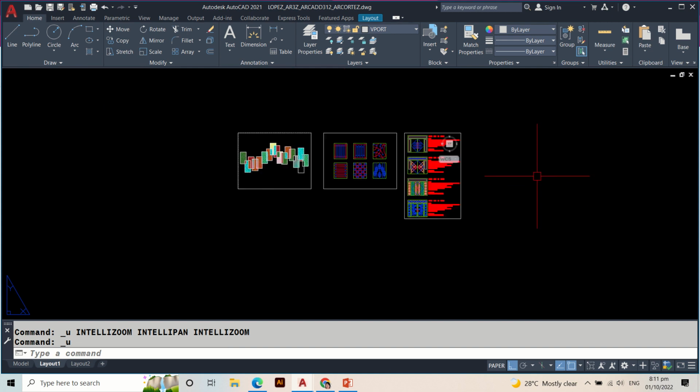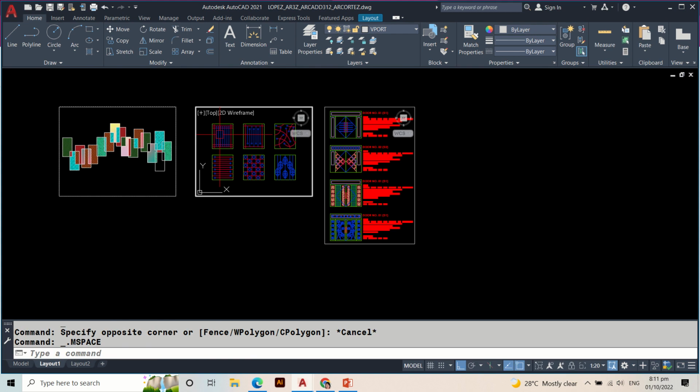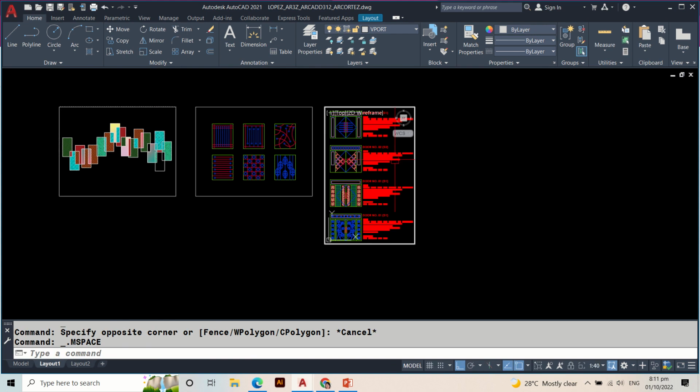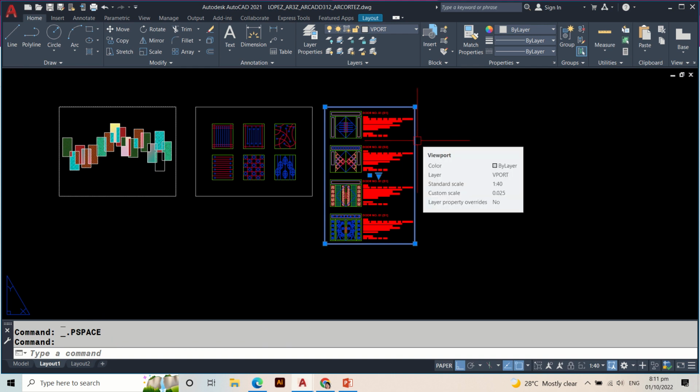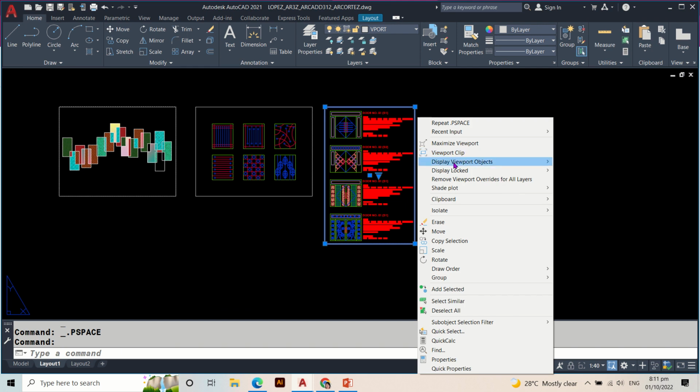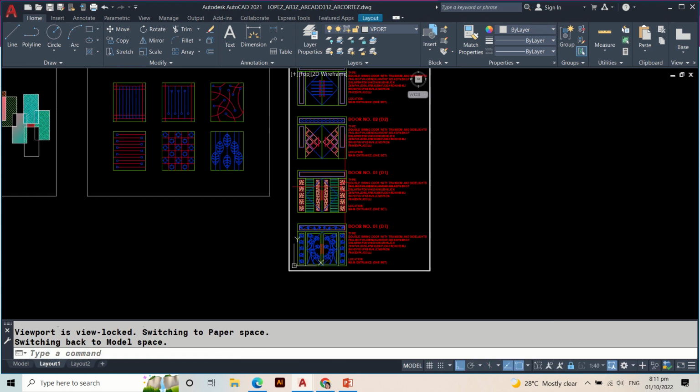Yan. Tapos, while there is no active na viewport, okay? So, dito tayo, ayan. Pag nasa paper space tayo, yan. Okay? Pag walang active na viewport, ang tawag po doon, nasa paper space tayo. Pag merong active, nasa model space tayo. Okay? So, paper space tayo dito. Tapos, let's click this one. Make sure you don't have any command in progress. So, let's click this viewport. You right-click and meron po siyang option na lock. Okay? So, pag kinlik natin yung yes, we double-click here, we zoom in, zoom out, hindi na po siya nagagalaw